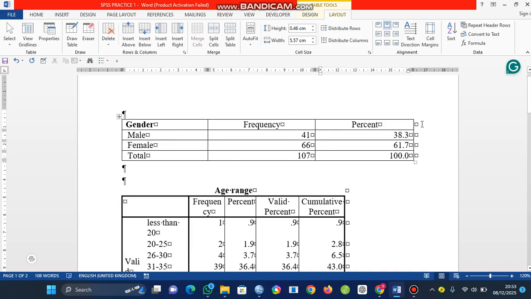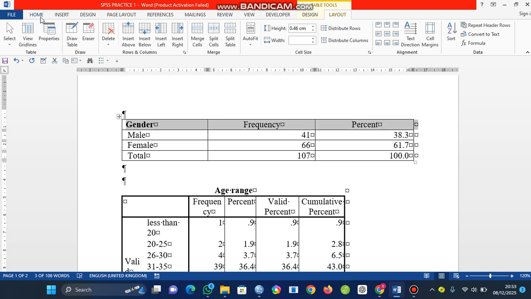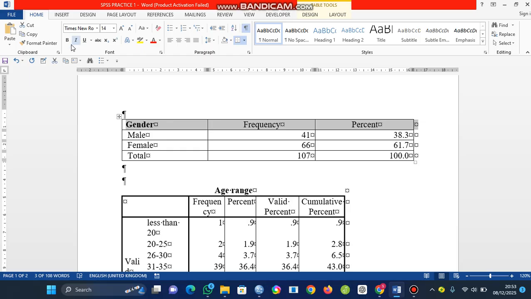It has adjusted itself. So if I want, I could select. Either you come and click here to select, or you go manually by doing this like this, which I don't like. So you just come to this edge, you click here and it selects everything. At home now you can bold. The essence is for me to bold the headings, but this is still not the table that I